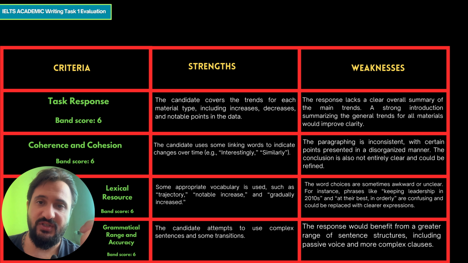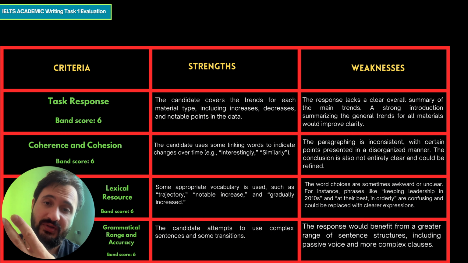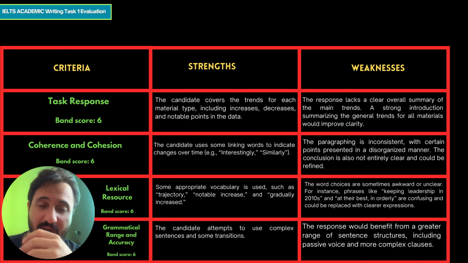So there is some repetition of words like recycling or increase. More synonyms such as reprocessing, growth, or rise will improve lexical variety. So for grammatical range and accuracy, of course, our candidate attempts to use complex sentences and some transitions that can be okay, but on the other hand,